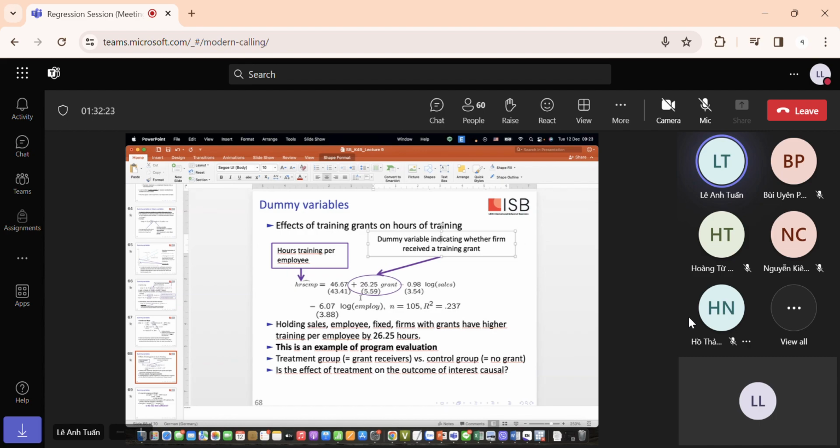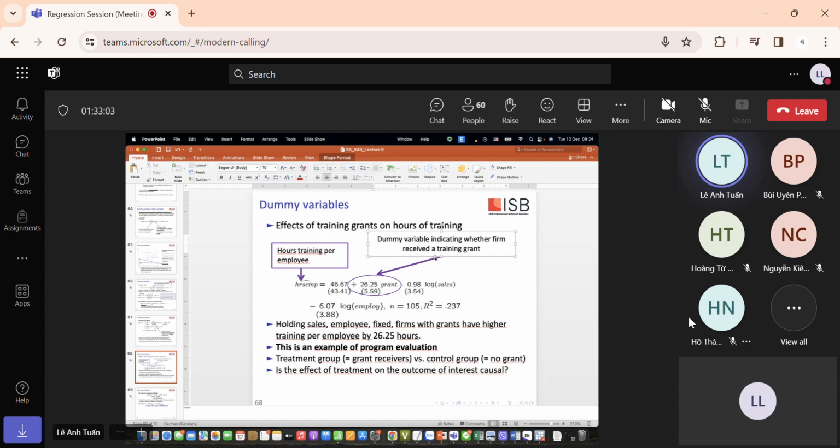They estimate this model, including the grant variable, sales, and employment here. The dependent variable is hours of training per employee. You can see the coefficient is positive. That means holding all the other variables constant, because we have a multiple regression model,